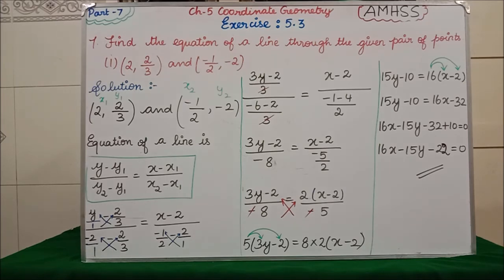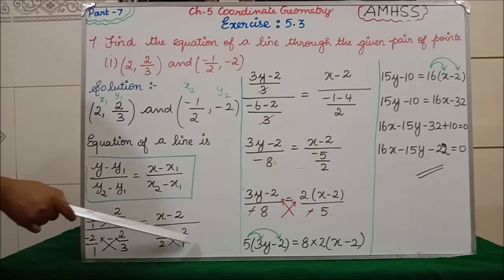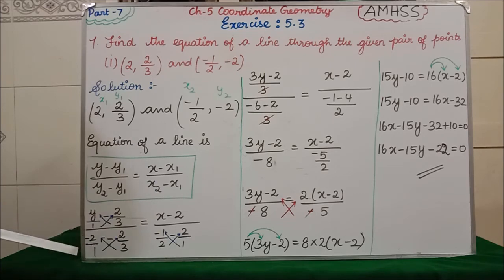So for that, what is the formula? y minus y1 divided by y2 minus y1 equals x minus x1 divided by x2 minus x1. This is our x1, this is our y1, this is x2 and that is our y2. We are going to just substitute the values. For x and y we don't have any value, so you keep y as such and x also as such. Clear? Here both numerator and denominator we have. If there is no denominator, you consider it as 1. Here also numerator and denominator. Here no denominator means consider 1. This side also.